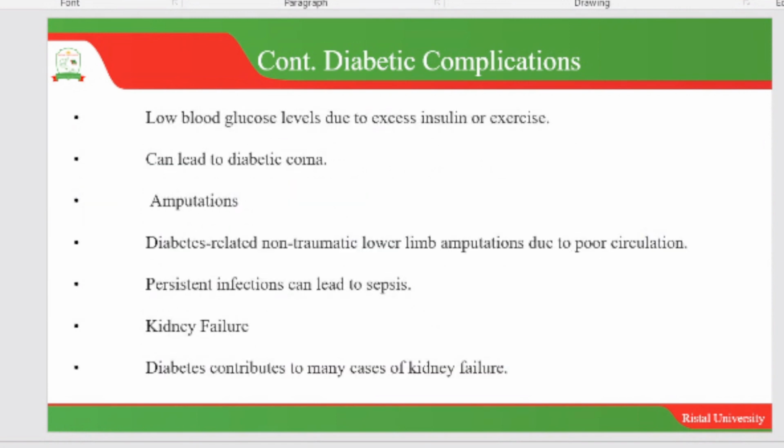There another complication is hypertension. So, hypertension is the presence of high blood pressure. Then, another complication is diabetes. So, diabetes